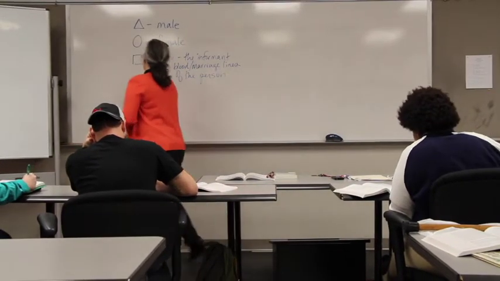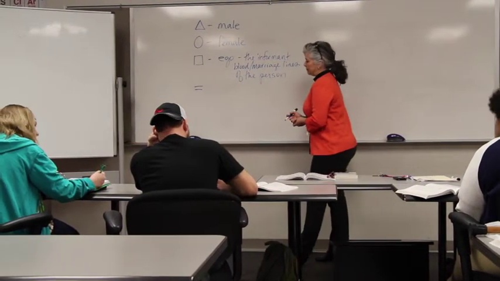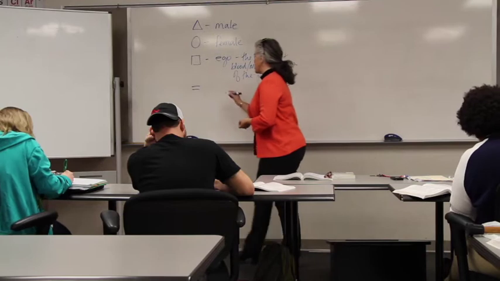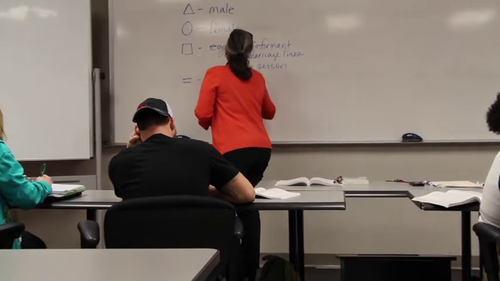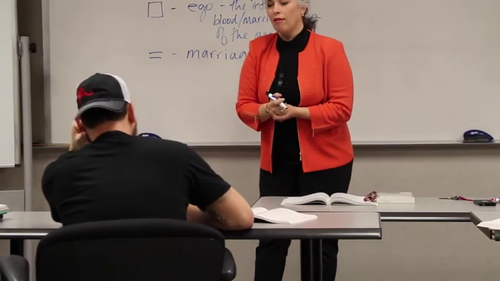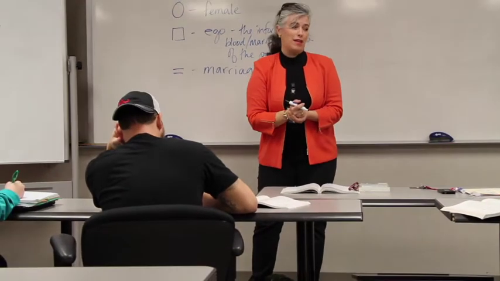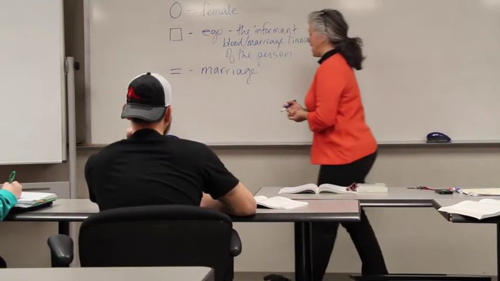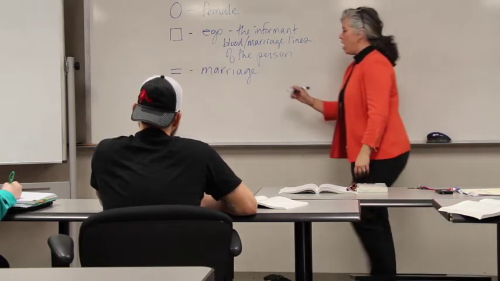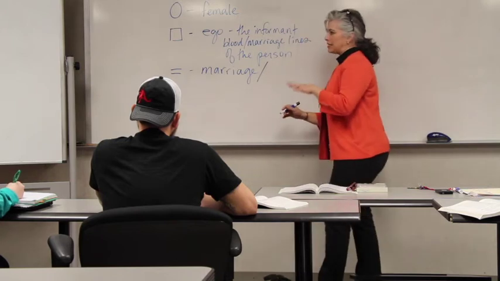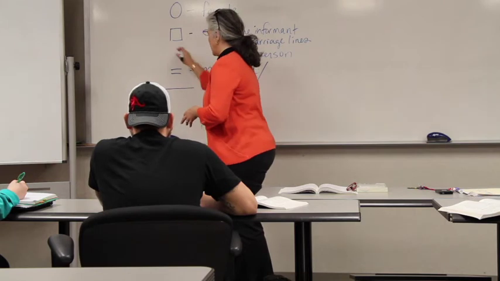Okay. Then also there's symbols like this, this equal sign. Now, traditionally, this equal sign represents something called marriage. Do I need to define that term for you? That's not a joke, actually. We're going to be defining that term, and it might have an interesting definition by the time we get to it. We won't get to it today. But yes, typically we refer to this equal sign as a marriage union. Although many anthropologists today use another symbol that is just a straight line that's going to link two people.